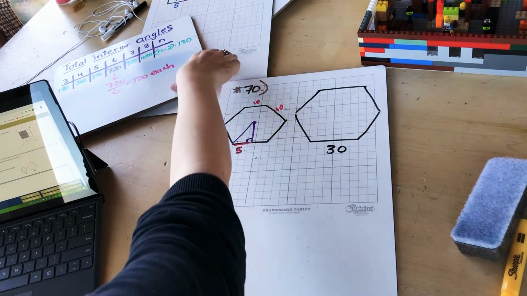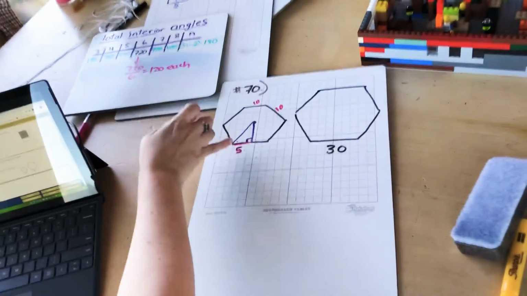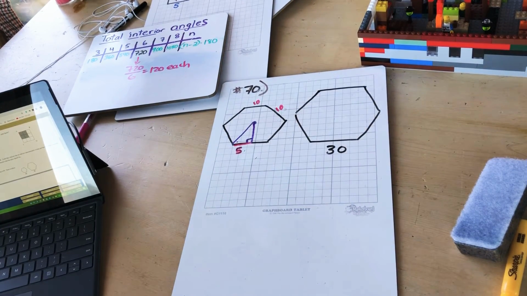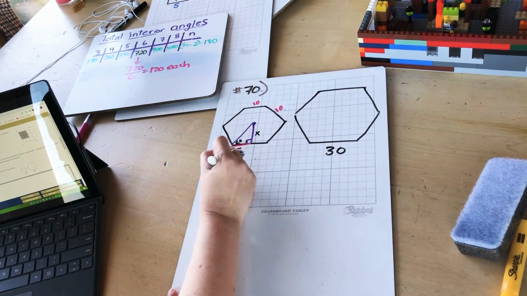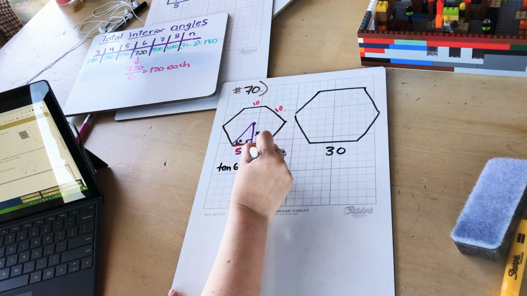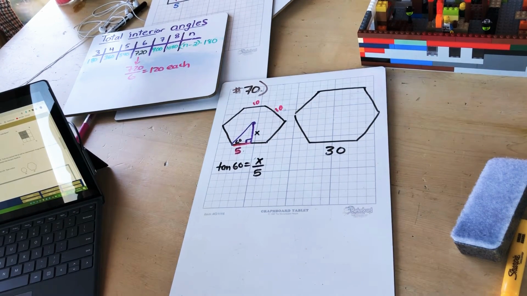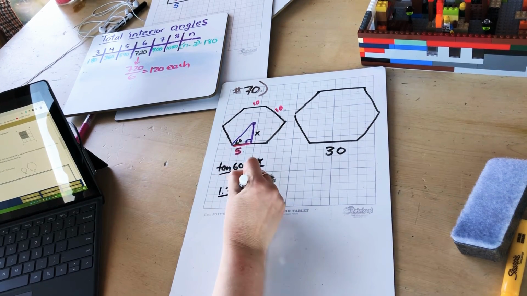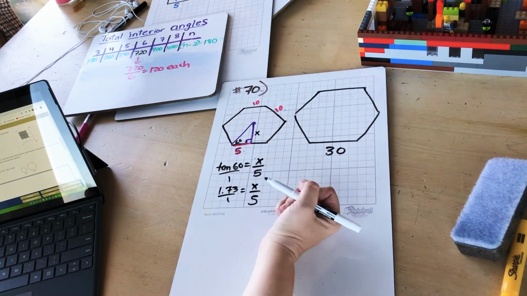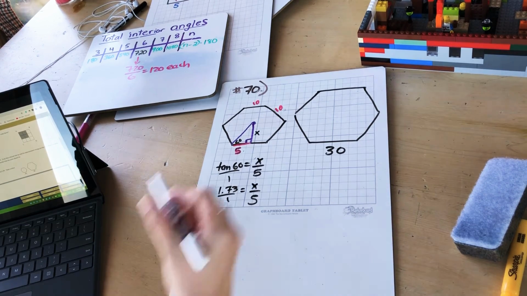All right, if you remember this, 720 divided by 6, every angle is 120. That 120 just got split, so it is 60 degrees. So I'm going to put 60 degrees here, and we want to find this apothem. So remember we did the tangent, tan of 60 equals opposite over adjacent. It's about 1.73. And I'm going to cross multiply. So that 1.73 is just going to get multiplied by 5. See that? Okay, so I'm going to go times 5. So my apothem is about